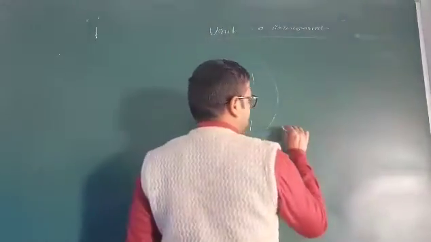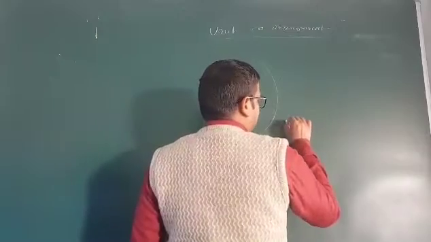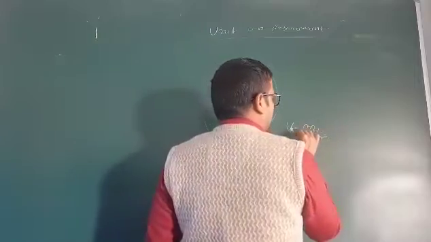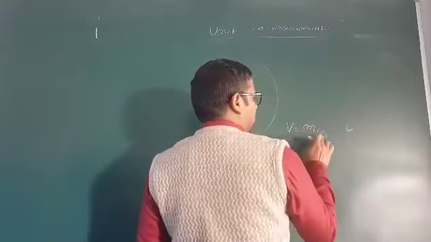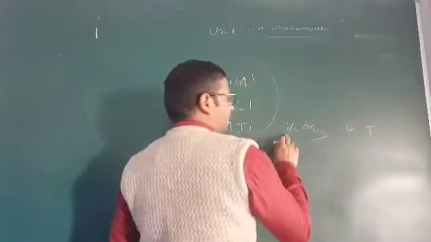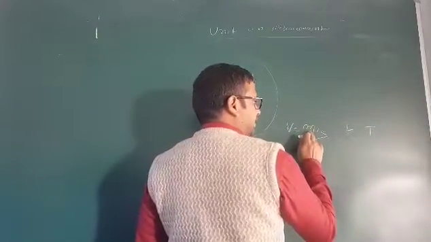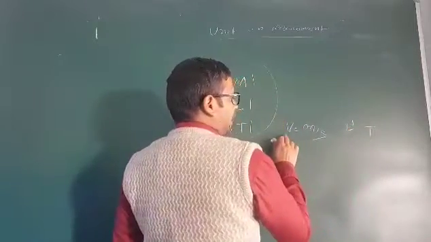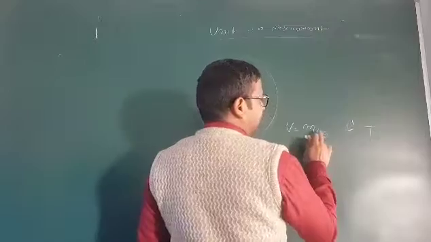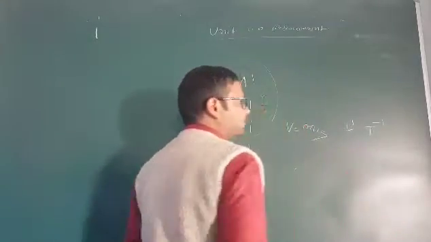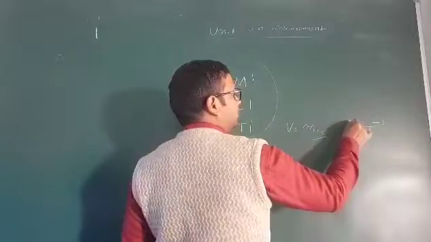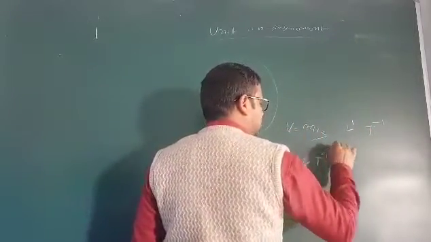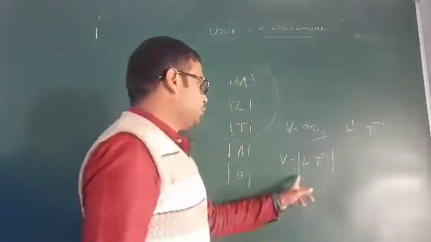For example, in case of velocity, you know very well, velocity has the unit meter per second. Meter means length, so velocity depends upon length, and velocity also depends upon time. Velocity depends upon length, meter, with positive power 1 in the numerator, and velocity depends upon time, second, in the denominator, so T has the power minus 1. There is no need to write down the positive one, so the dimension of velocity is equal to L T minus 1.